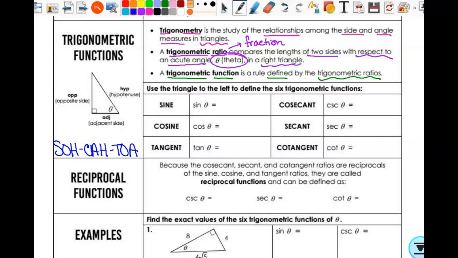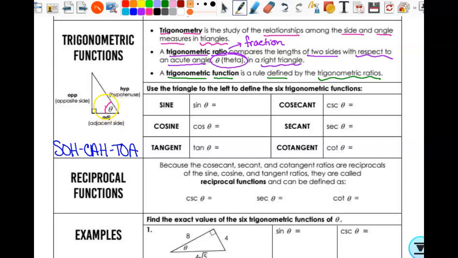Okay, so SOHCAHTOA. It is related to one of the two acute angles. You pick one. It doesn't matter which one. It's usually really obvious which one, like maybe it's already labeled for you, or it's an angle you're looking for. It shouldn't be difficult to figure out. This one's labeled as theta. This is going to be your angle. This will help some of you, not all of you, and you don't all have to. Some of you will need to draw arrows to get these things labeled correctly.